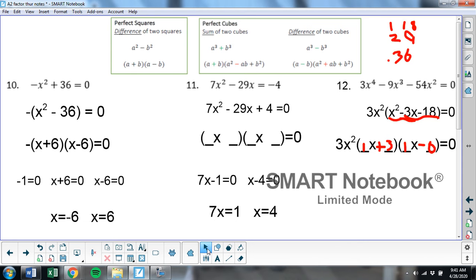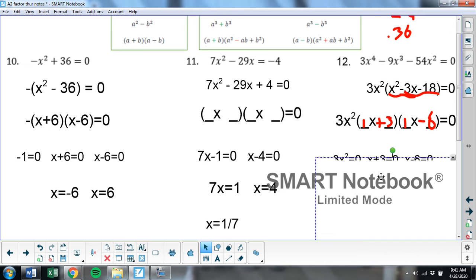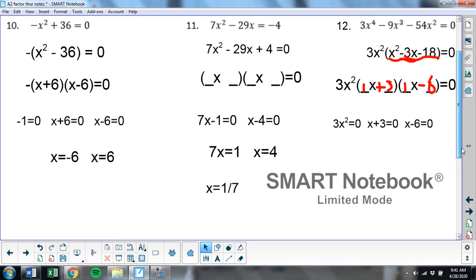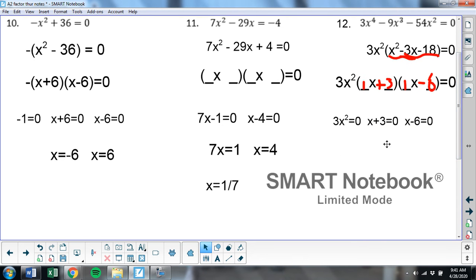Everything is working out. So now that I have my factors, I'm going to set each of these factors equal to 0. So 3x squared equals 0. X plus 3 is 0, and x minus 6 equals 0. Okay, from there, you're just going to get an answer for this one. You're going to get 6, negative 3,